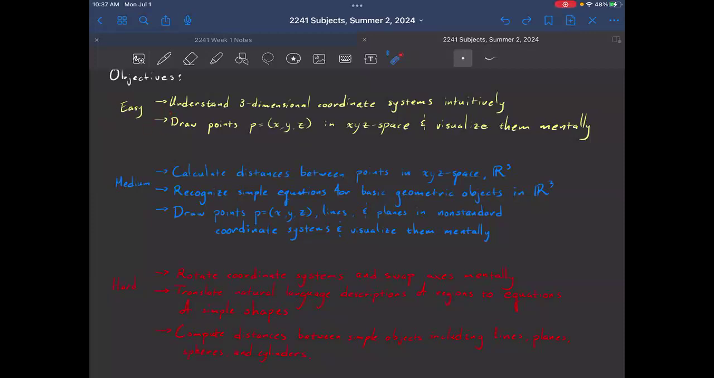The second easy objective is that you should be able to draw points that are listed using their coordinates in XYZ space. So take something like this and translate it into a picture. And you should be able to visualize that process in your mind. I do want to emphasize that a lot of